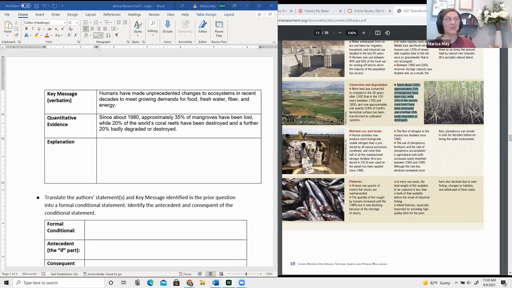All right. So that part, pretty simple. For the key message, you just had to copy and paste one of those bullet points. Then we went to page 10 in the document and found a piece of quantitative evidence that supported that. And then your explanation, 2 sentences of how your quantitative evidence supported the key message. Now that you have that done, let's look at the next one, which is to translate